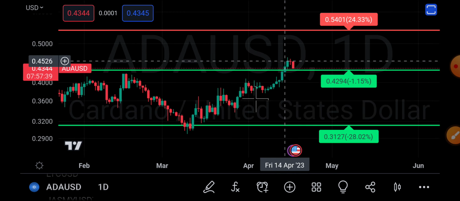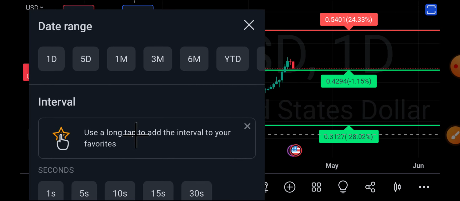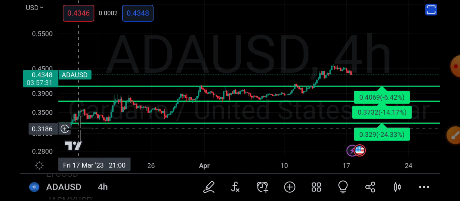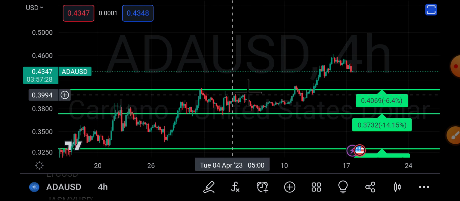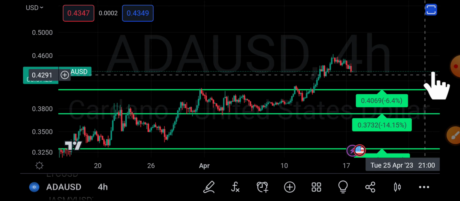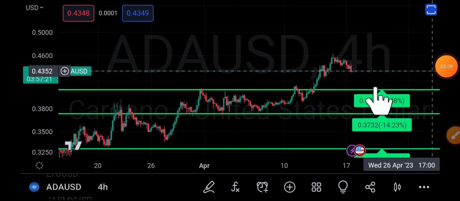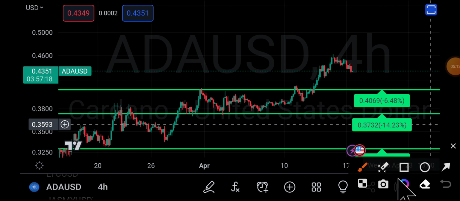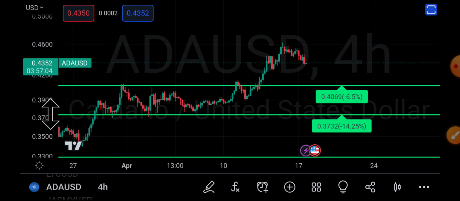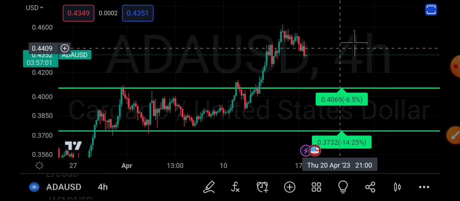Even if we move over to the smaller time frame, such as the 4 hourly time frame, the 4 hourly time frame gives us a clearer picture as to what is happening. As you can see, price is retracing back to the 0.40 region, and we expect price to move down to that region, push to this level and then have a push to the upside. So that is what we're expecting for price at the moment for Cardano, as even on the shorter time frames, we are steadily pushing back.